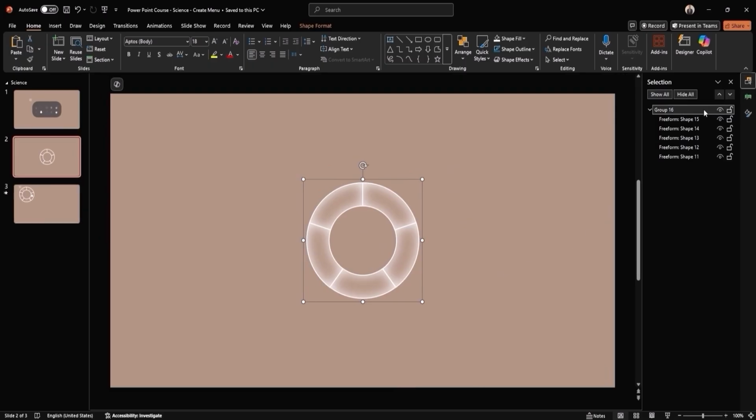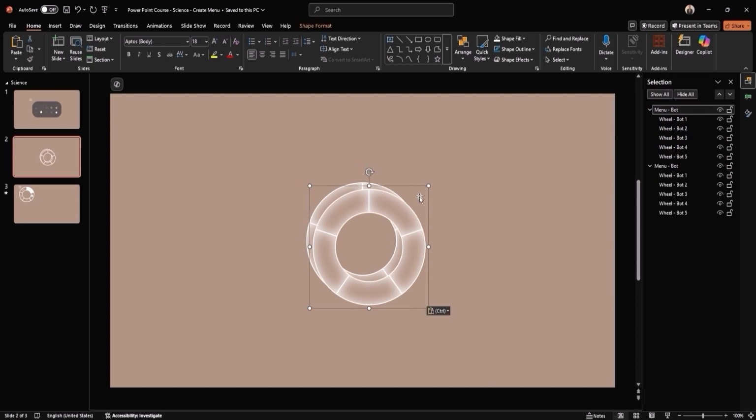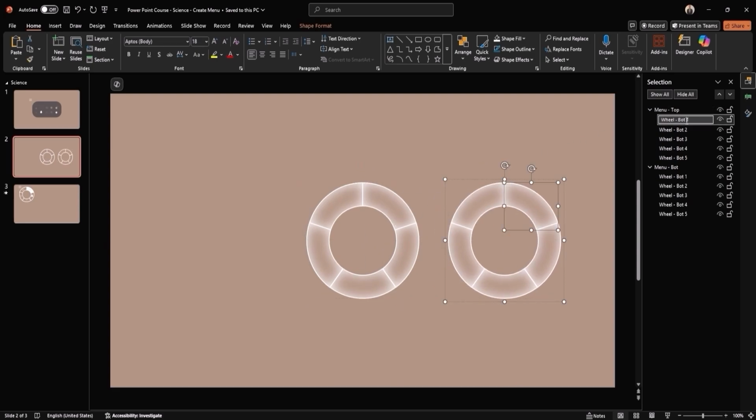In the Selection pane, rename the group and each individual shape for better organization. You can take a moment to restructure the order of the shapes to keep everything neatly arranged. With that done, we can copy the menu bottom to create its counterpart. While we're at it, let's rename the newly copied bottom group to Menu Top in the Selection pane for better